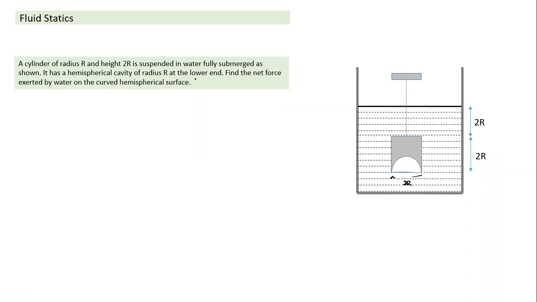And again, when it says net force, ignore atmospheric pressure. We'll take only the gauge pressure. So again, this question is very similar to the previous question. I have taken the same question twice so that it is understood. When we look at this, the force of buoyancy is easy to calculate. The downward thrust also is easy to calculate, since it is acting on a surface which is horizontal. Only the upward thrust is a little more difficult to calculate.